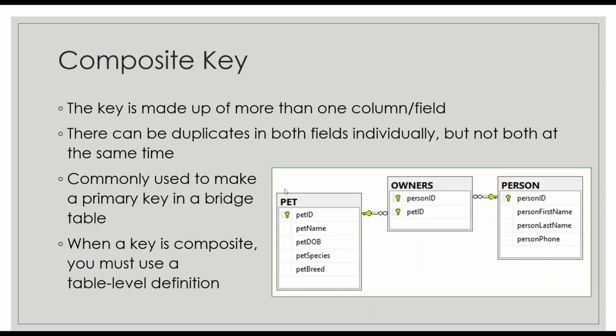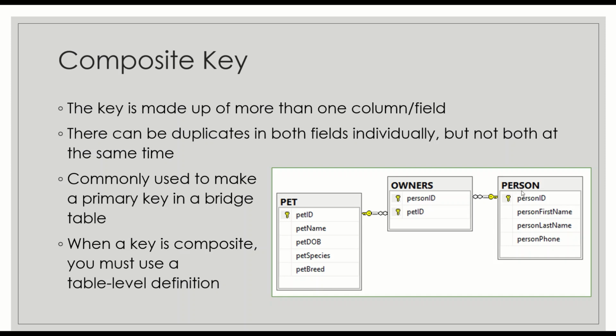Now, one type of constraint that we haven't talked about yet is called a composite key. Now, a composite key is when we make the key up of more than one column or field. So what I've got in this picture here is a database diagram of a one-to-many relationship between tables pet and person. So what we've created here is a list of pets on the left side in this table, and we've got a list of persons over here on the right,